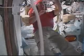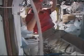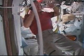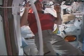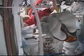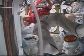This look inside the station's Quest airlock shows Endeavour Commander Don Gorey at work there. Spacewalk-related activities today involve transfer of spacesuit pieces and spacewalking equipment between the two spacecraft. The object is to make certain that Endeavour astronauts have the capability and equipment to perform a spacewalk should the need arise, should some situation arise that would make one necessary after undocking from the